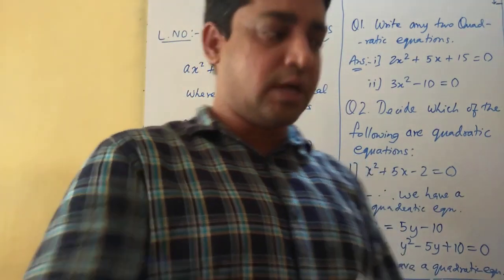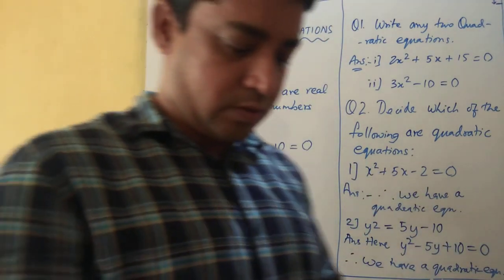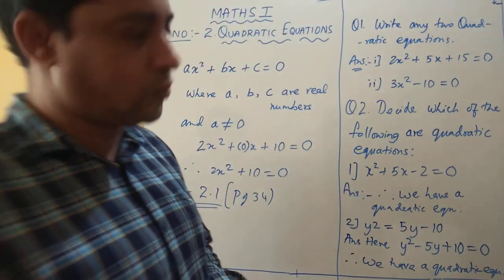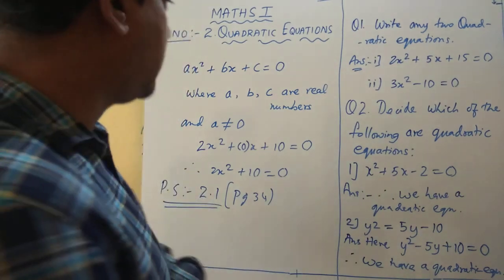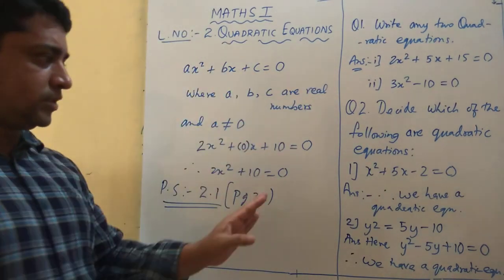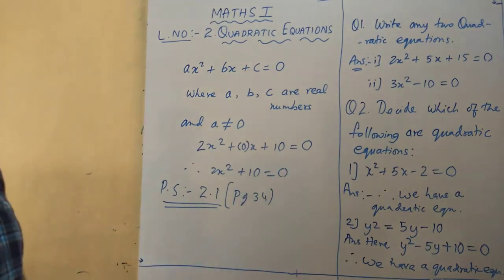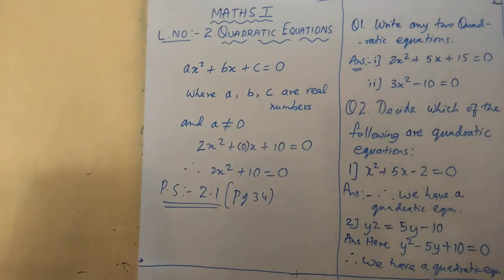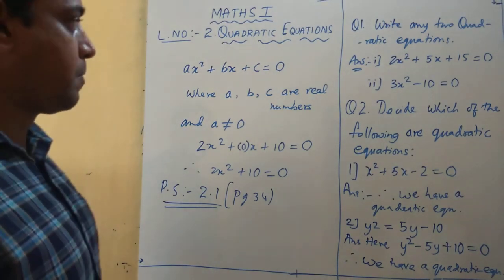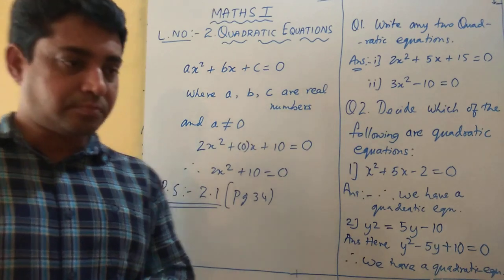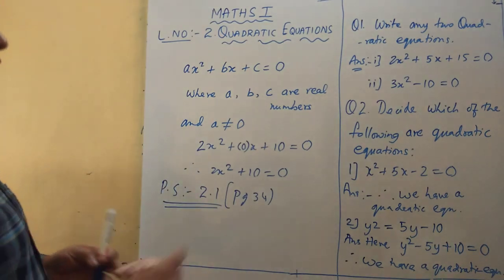Now the next sum, the third sum, is a little confusing. If you do that correctly, you have understood this question number 2. Let's see. I'll just write it down. You can just write it down. Go through this. I'll wait for 5 seconds, and then I'll write the third question. That is the third sum.